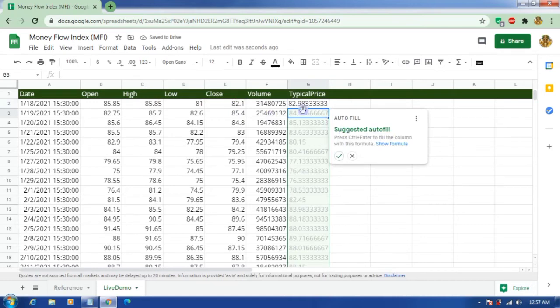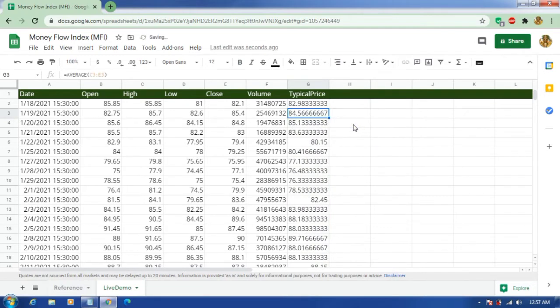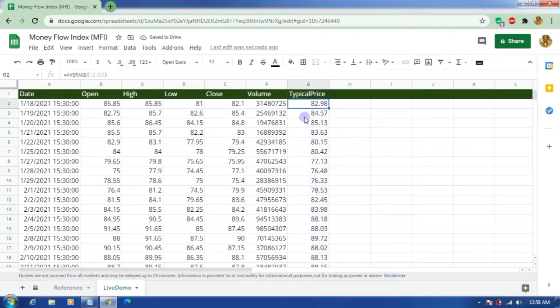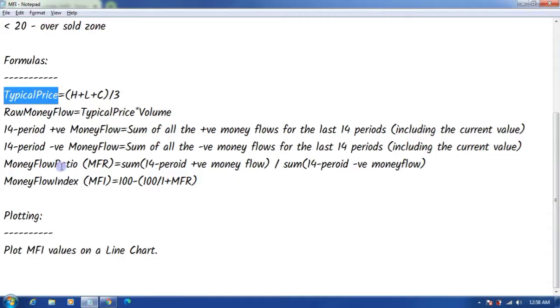So here, once I hit enter, I got this autofill session. Okay, select OK. So here, let me decrease the decimals to just 2, so that I will only see 2 decimals after the point. To do that, just click on this decrease decimal places option. So I took the average of those three, or what you can do is you can take the sum of all of them and then divide by 3. So that is equal to the average, right? So that's what I have collected here. Then I got the typical price.